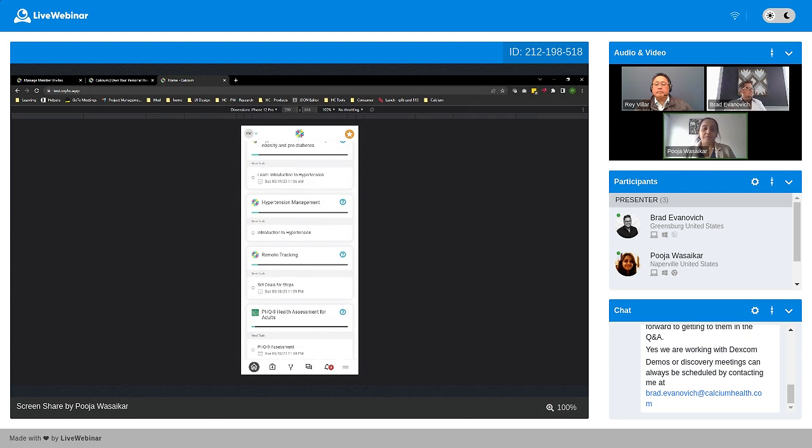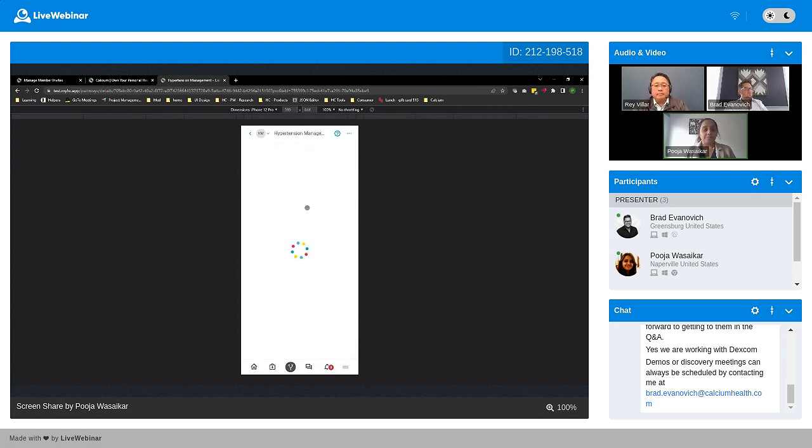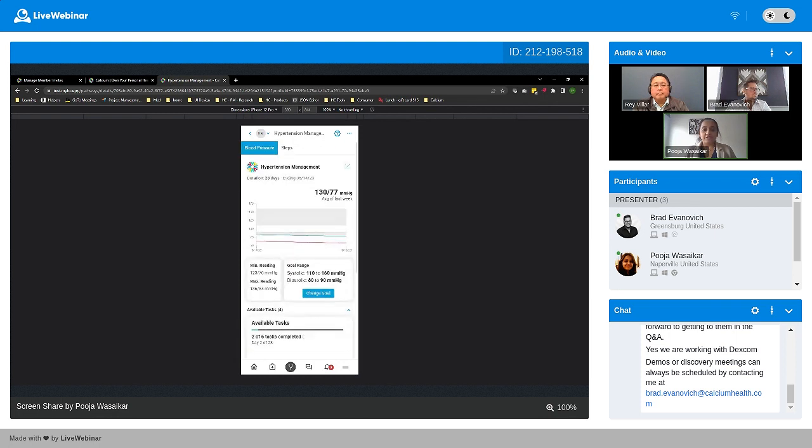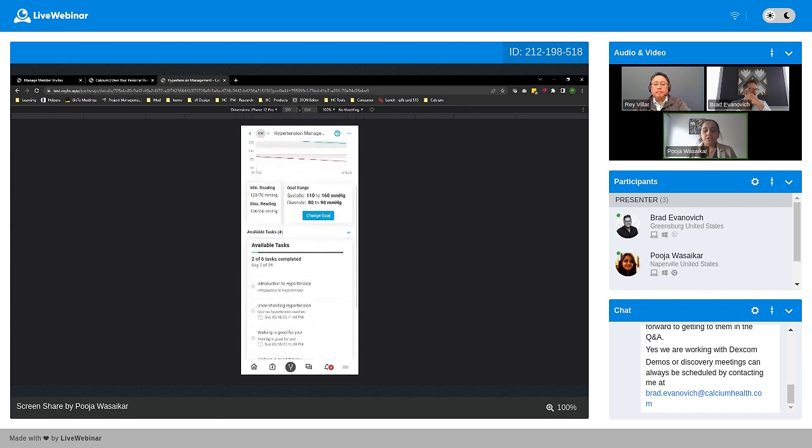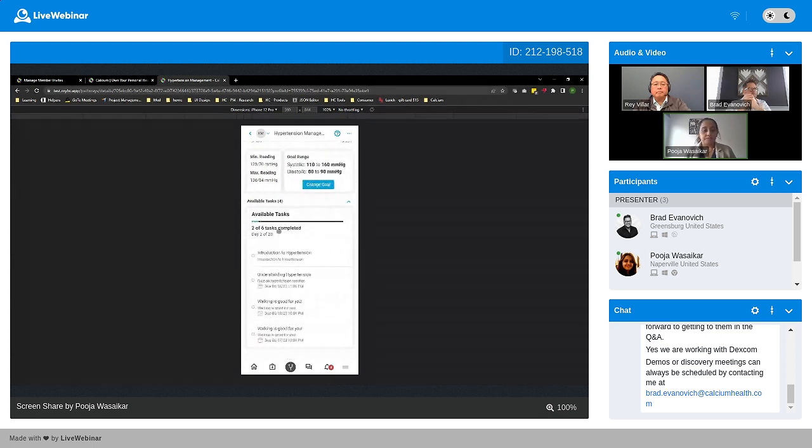To look at the hypertension management, Ken is really focused on improving his hypertension right now. He is monitoring his blood pressure every day. He can see that his sedentary lifestyle is something his doctor has told him to improve. So he's monitoring his steps as well in this pathway, and he can see how he's progressing. He's also learning about hypertension, what hypertension is, understanding it, and what is good for you and what would work for you and not.